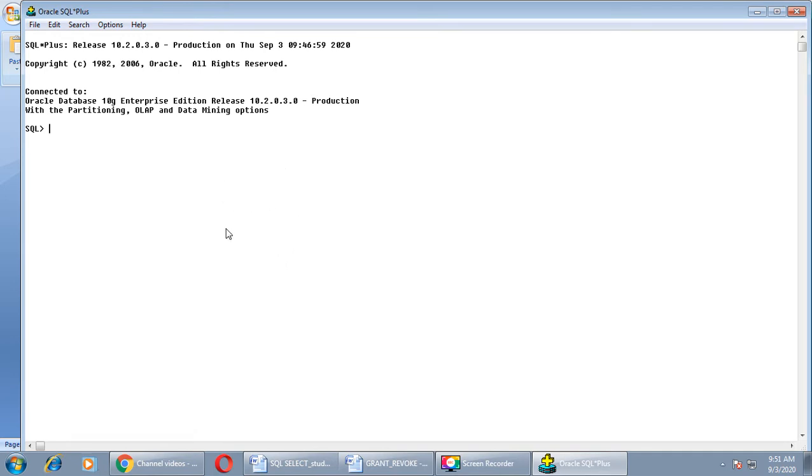You have to remember that password whenever you install your Oracle software in your system, you have to give that password, right? That username and password you have to remember all the time. Then only you will be able to connect as the system DBA. So here I have entered as a system administrator.